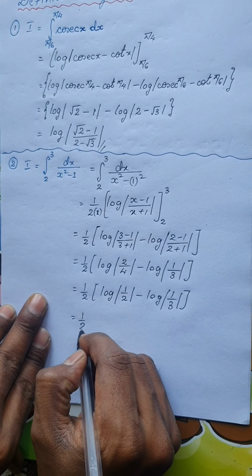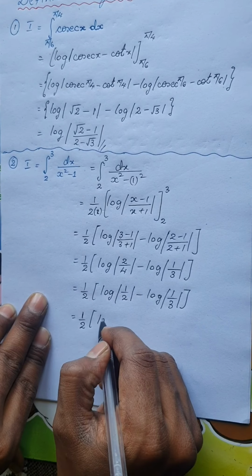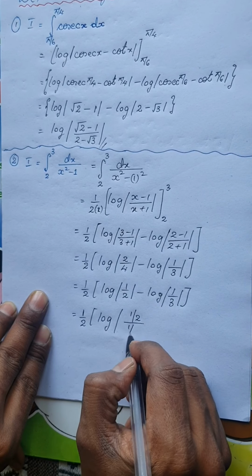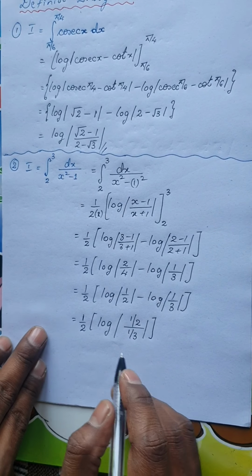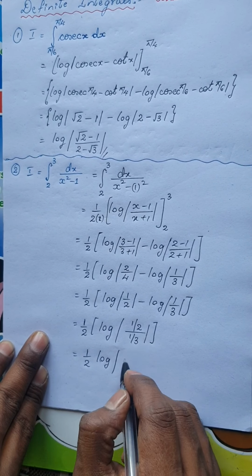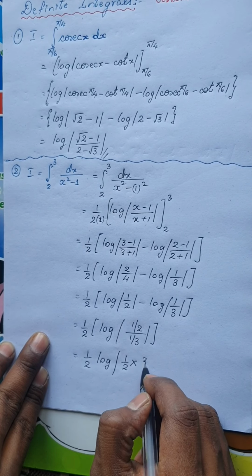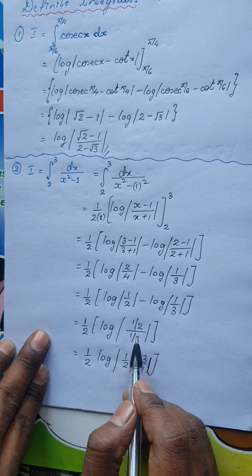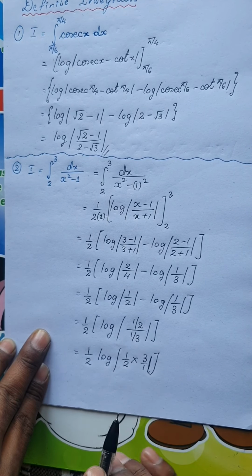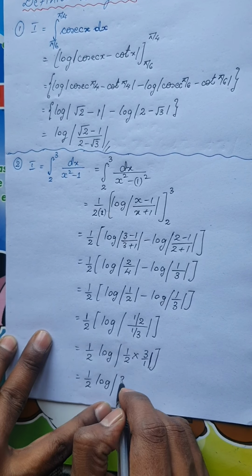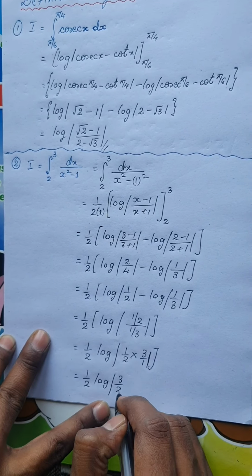So this is again of the form log m minus log n. This can be written as log of m by n. So that is nothing but 1 by 2 divided by 1 by 3. If you rewrite this, we all know this can be written as log of mod, either you can write it as 1 by 2 into 3 by 1. We all know this format, because a by b divided by c by d would be ad by bc, isn't it? So this would be nothing but half of log mod of 3 divided by 2. So this would be the final answer for the given integral.